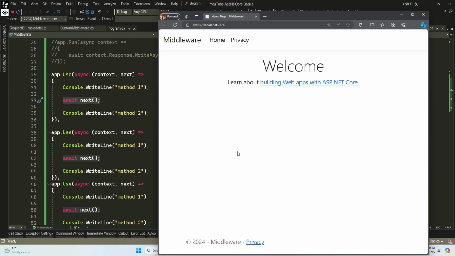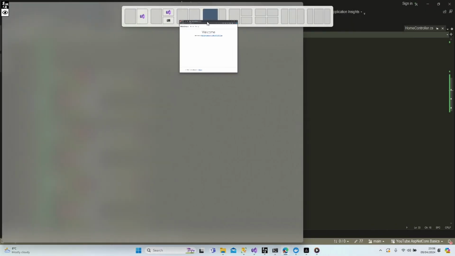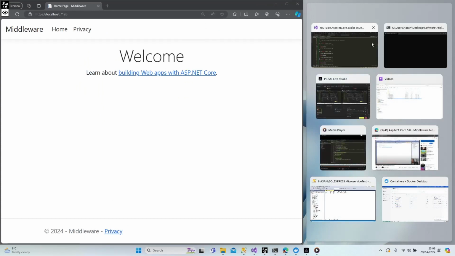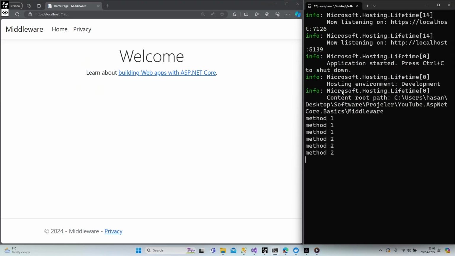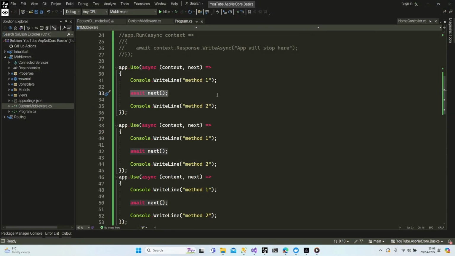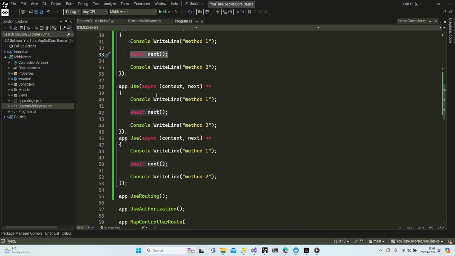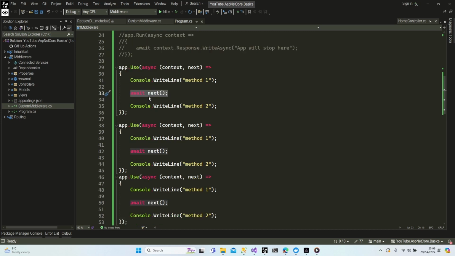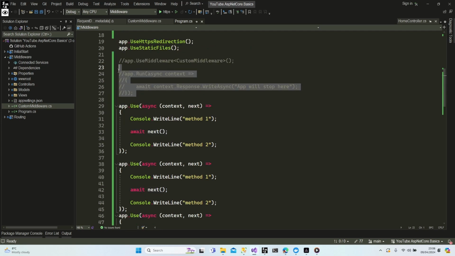I'm waiting. Where's my console? Where's my console? Here we go. As you can see, method 1 1 1 2 2 2. This is how middlewares are working, basically. Okay. And if you would like to stop your application, make a short circuit in your application, you can add your